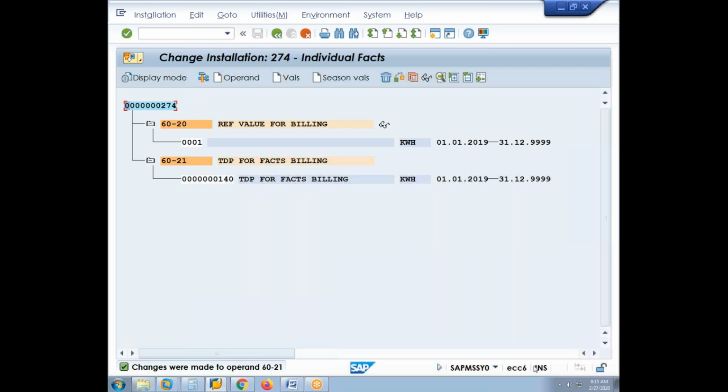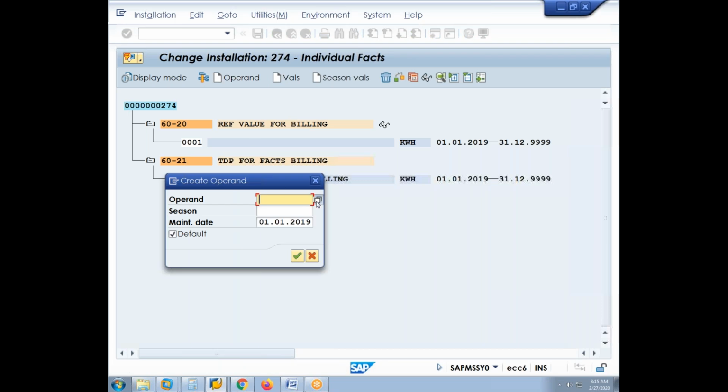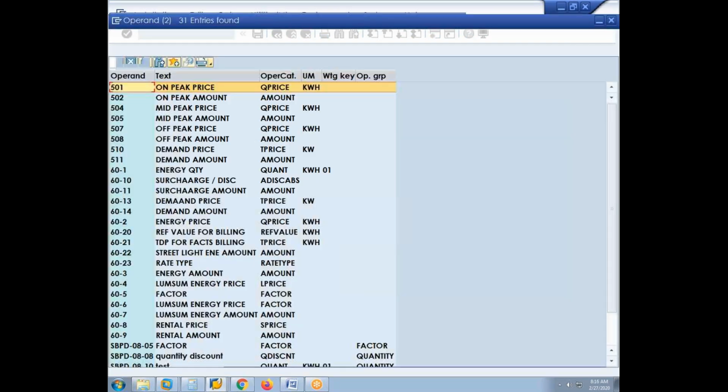Now based on this particular quantity and the price, the amount will be calculated, but first the rate has to be determined. So how will the rate be determined here? We don't have any device, so that's the reason we have created one operand which is supposed to store the information about the rate type. So now we will select the next operand and select here the operand we have defined,